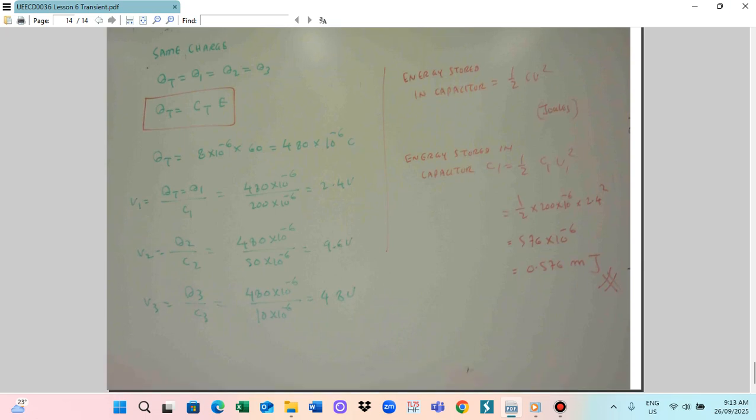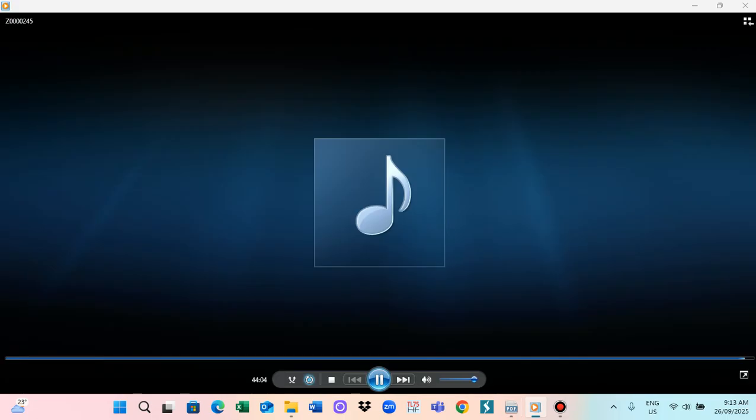Okay, today I talk about the transient circuit. Transient circuit means that we charge the capacitor